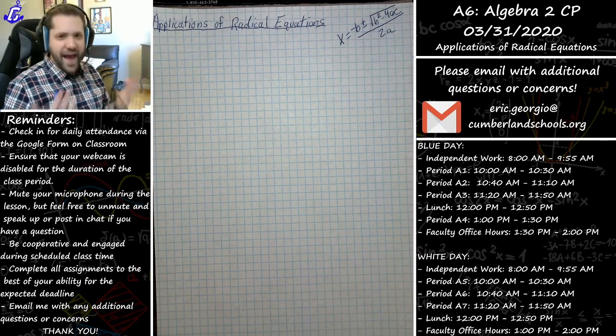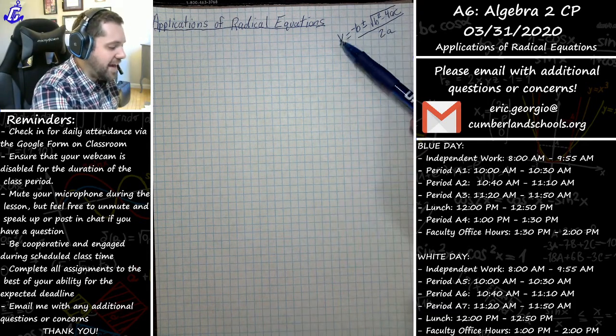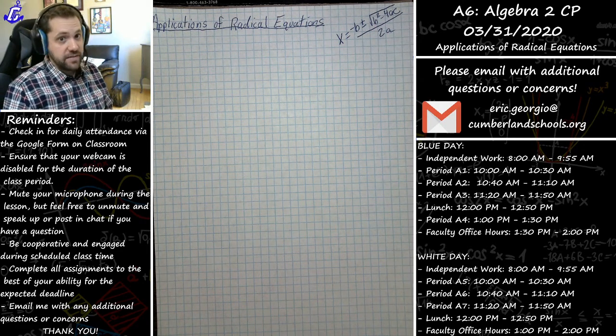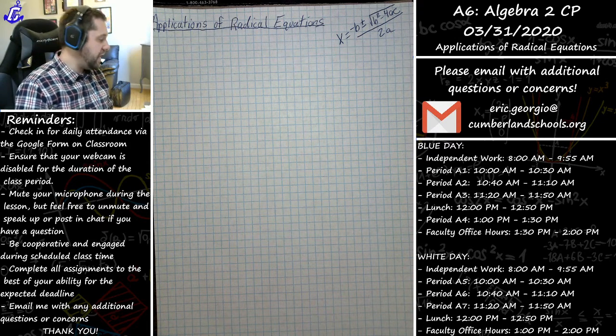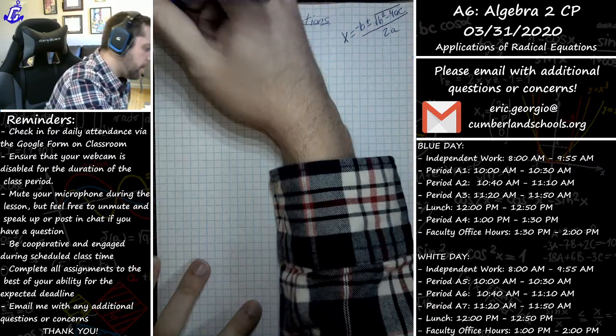But what we haven't done, and what we certainly can do now, is what if I said, I'm giving you x, I'm giving you b, and I'm giving you a, can you solve for c? Well, now that we've worked with a lot of radical equations, you should be able to handle something like that. So consider this example right here. Ready? Consider